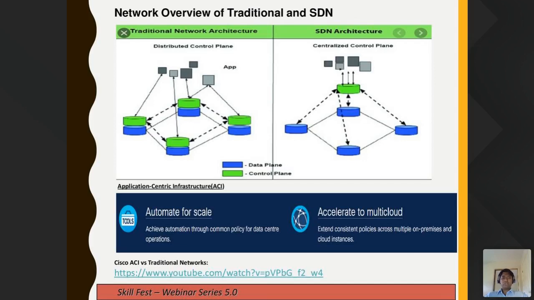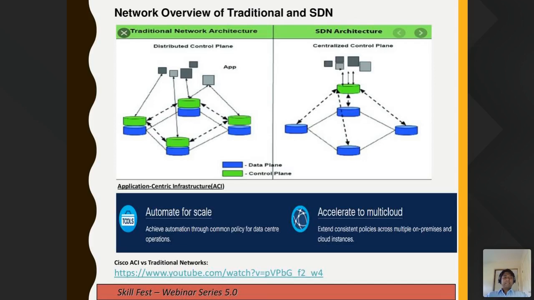And Cisco uses something called ACI. It's a tool, and this ACI is known as Application Centric Infrastructure. And this tool provides very high visibility of every component, every router, every switch, every wireless access point that you have in your network.